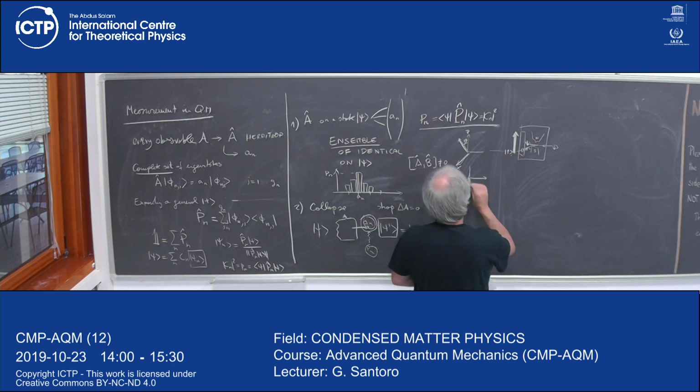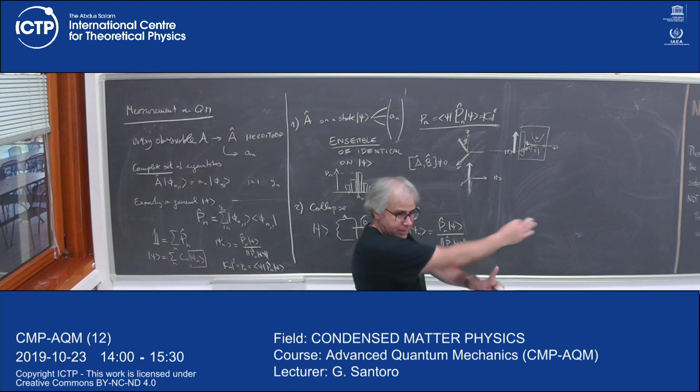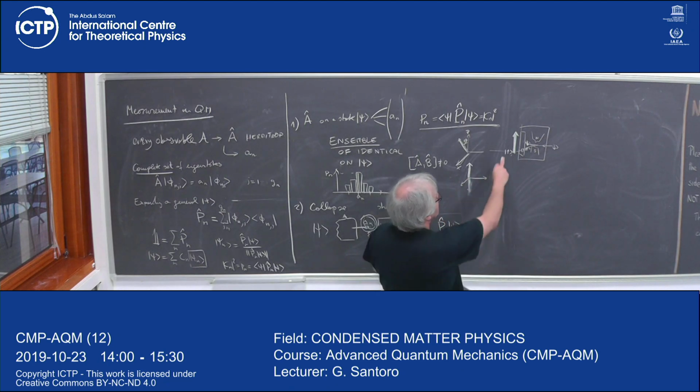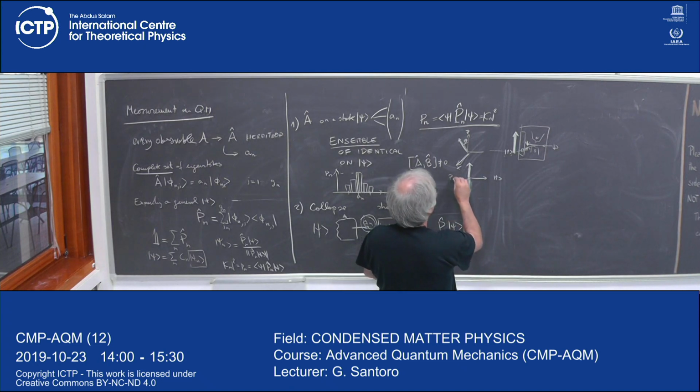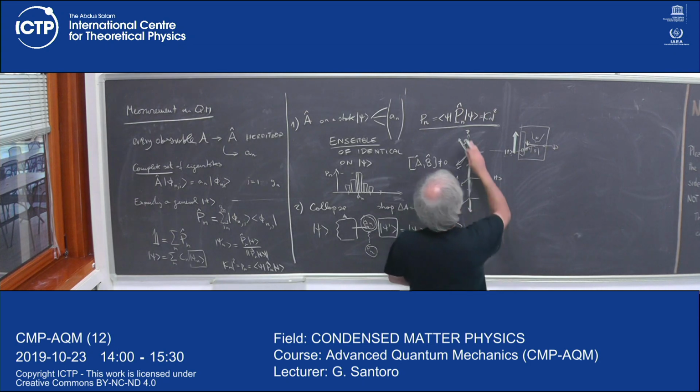On the contrary, if I have the filter here at angle theta equals 0, then obviously the filter is compatible with the spin that we measure, and therefore the spin passes with probability 1. So here the probability of passing the second filter is 1, and here the probability is 0, right? The spin will be blocked. So the question is, what happens